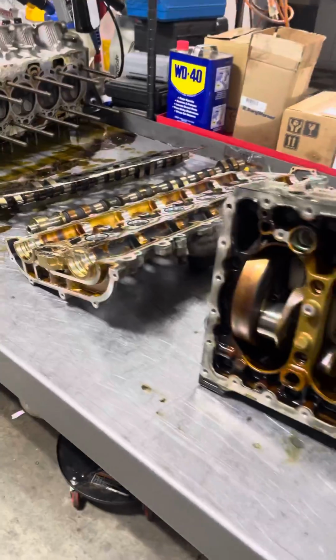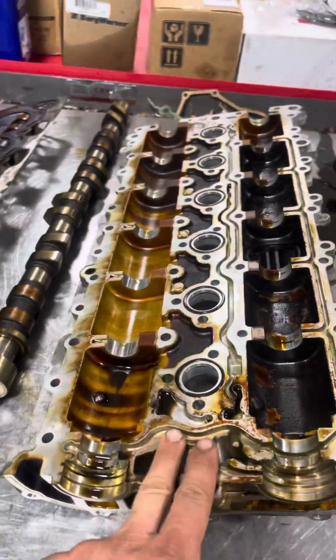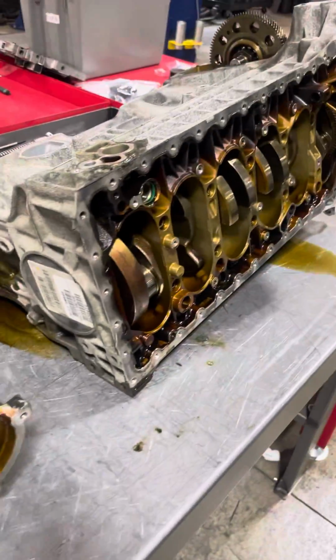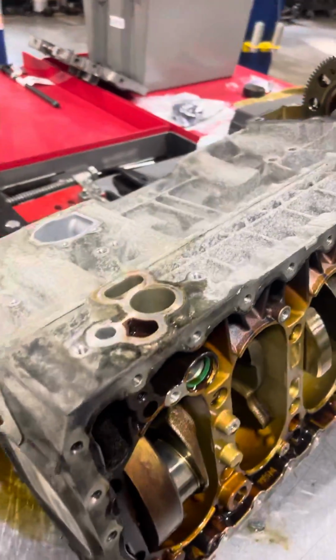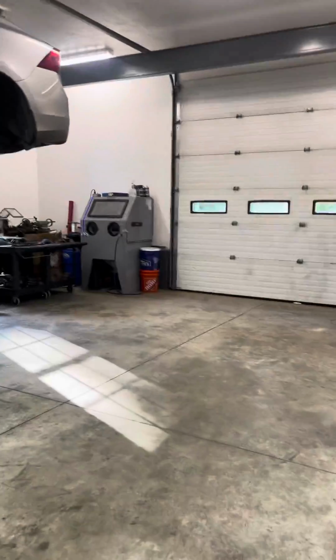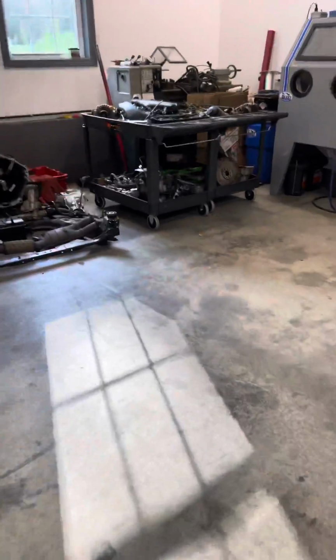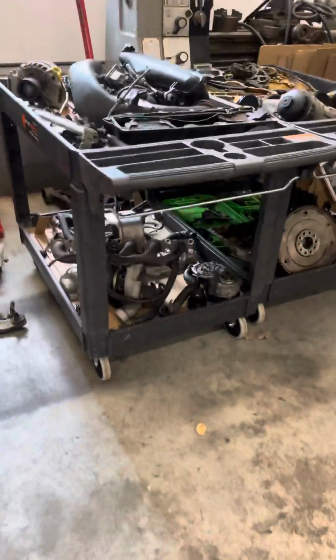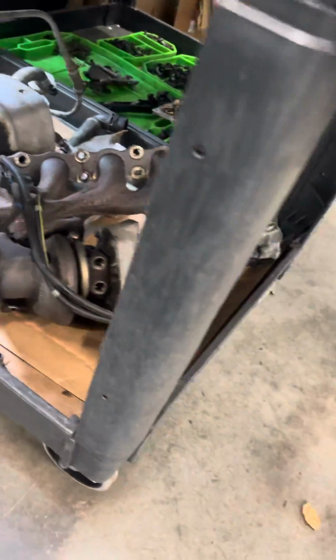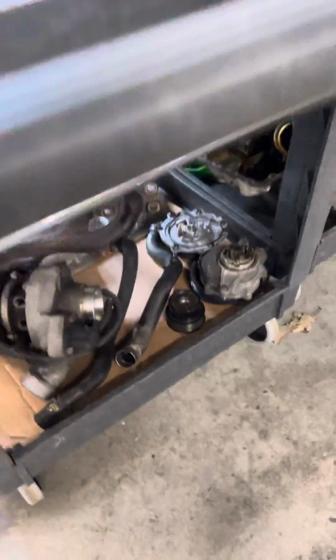the engine has to be torn down. Cam cover, camshafts, cylinder head, engine block, pistons removed. It's the oil pump. Some more stuff that has to be removed, the turbocharger, all the coolant lines, accessories,